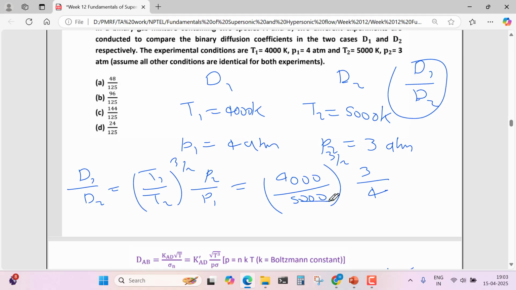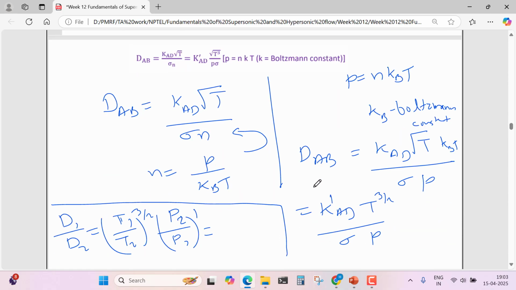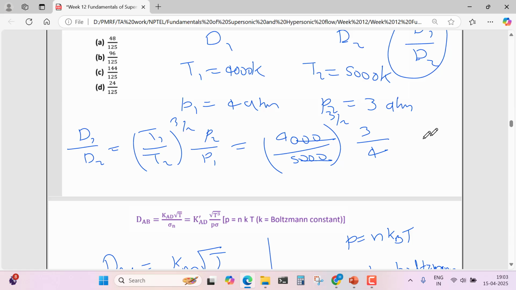So all these zeros will cancel each other. And it will be equal to 9 into 4 upon 4 into 4,